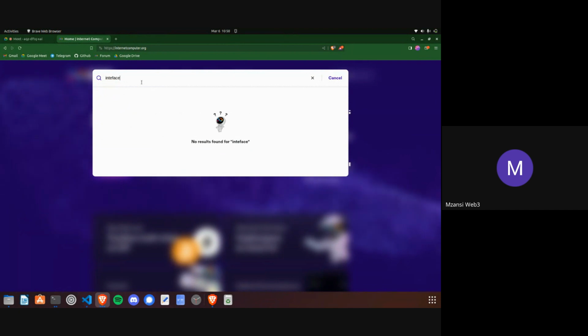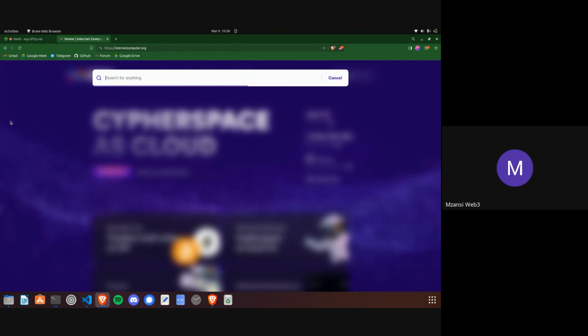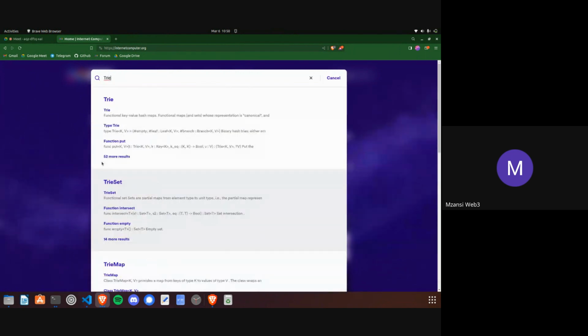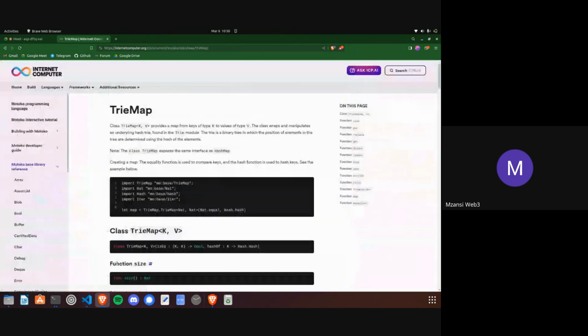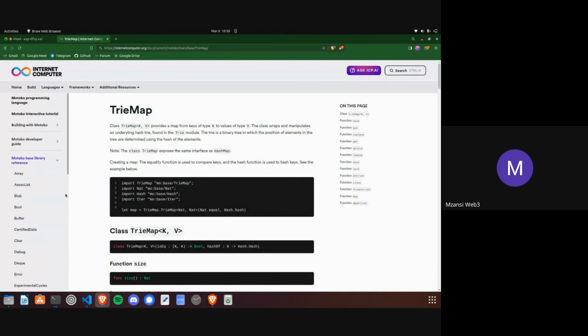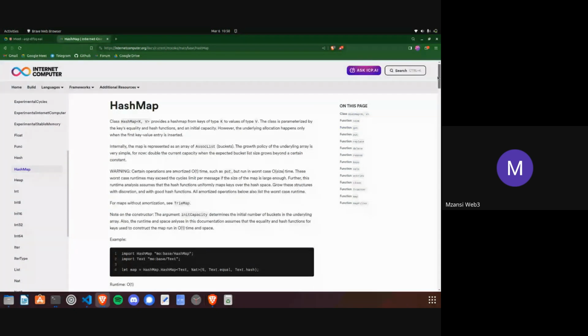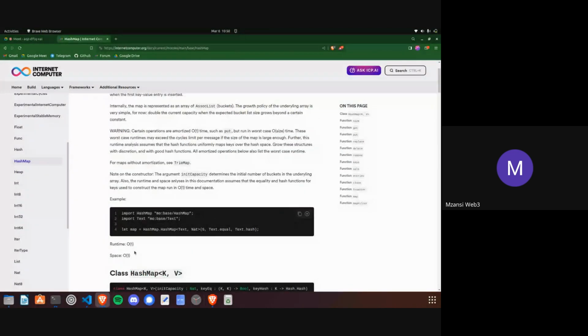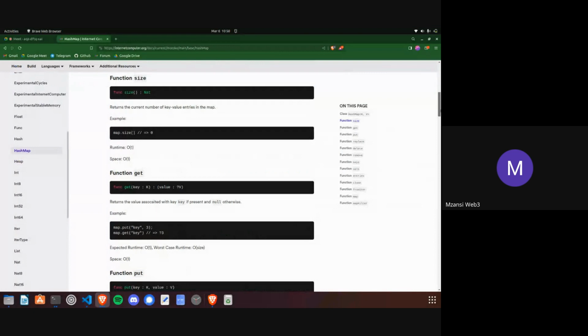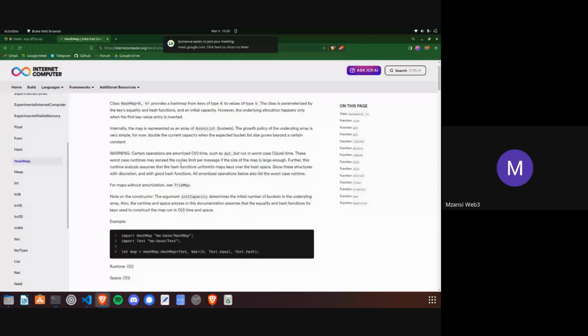You would want to use a TrieMap over a HashMap. This is the interface for a TrieMap, and it's basically the same as the HashMap. They are just different inside. A TrieMap uses a trie, and the HashMap uses what is called an associated list. So you would want to use a TrieMap over a